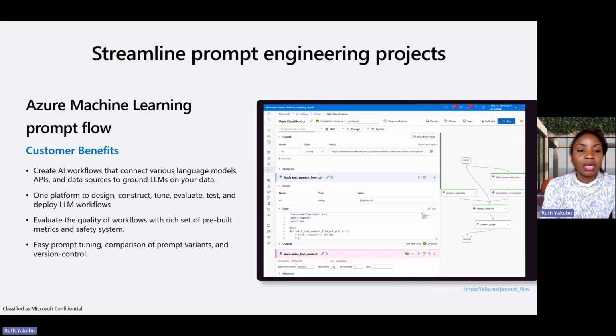So the good thing is what Prompt Flow does is it gives you the ability to create all of these workflows